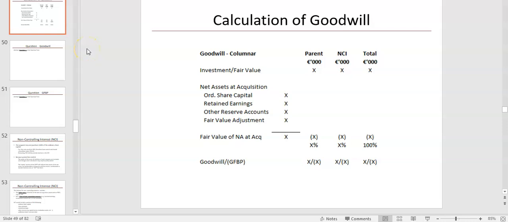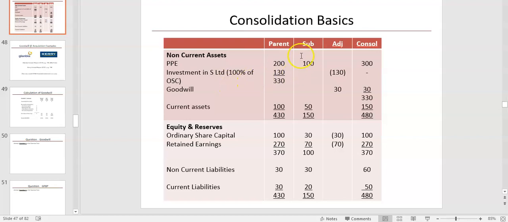So following on from the live webinar week 1, we're now going to continue on the slide deck looking at group accounting and particularly the consolidated statement of financial position. So we finished off the live webinar looking at how to calculate goodwill. And we calculated goodwill for the in-class example, which looks at parent plus sub and how to get the group